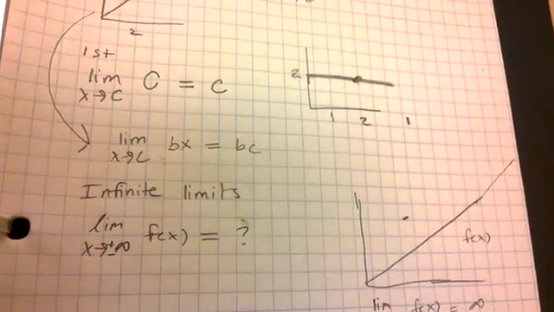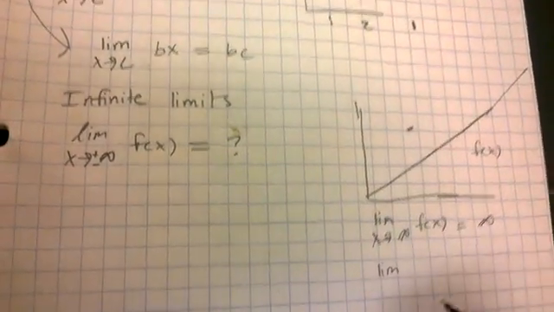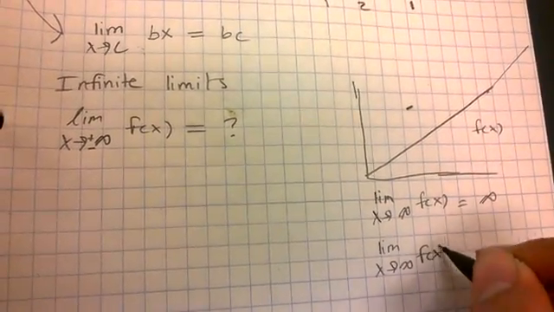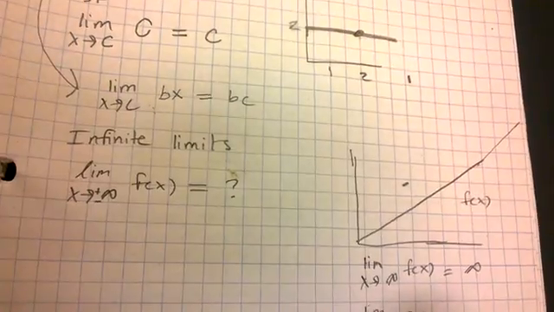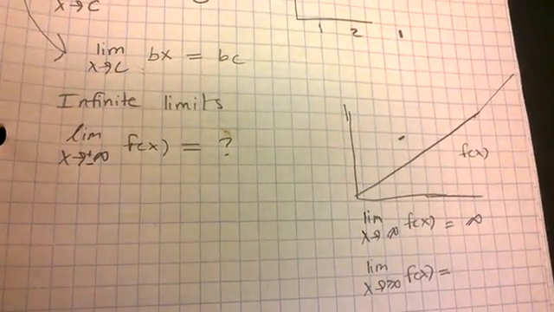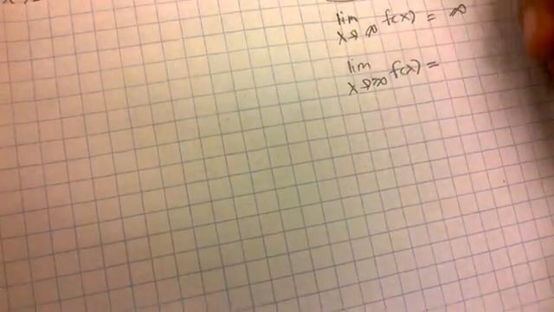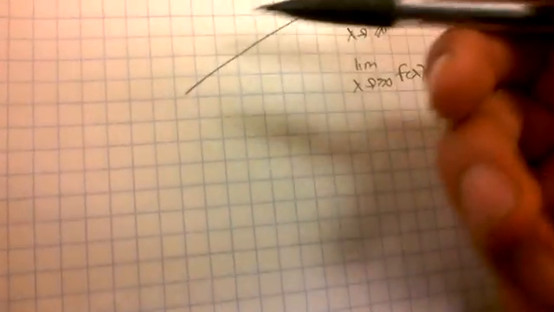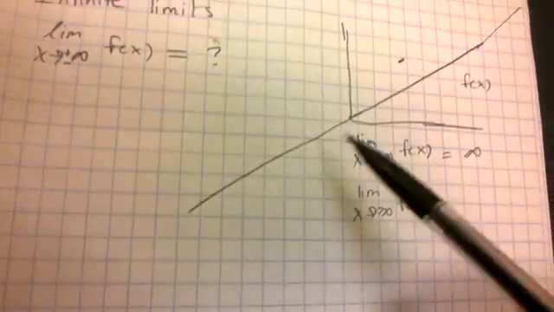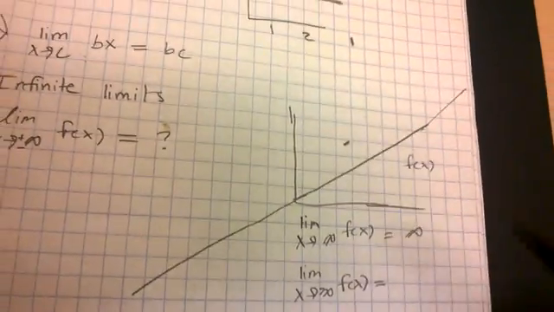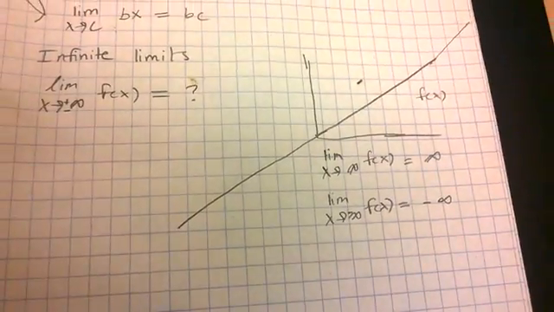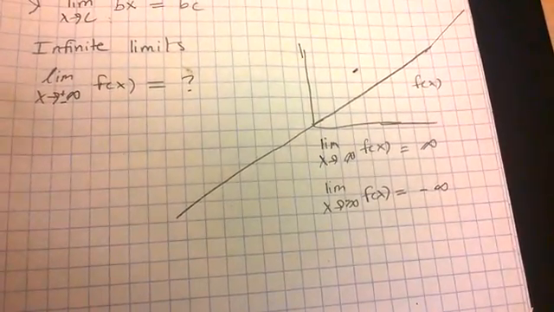Same thing with the limit as x approaches negative infinity of f of x, which gives negative infinity. Now, if it's negative infinity, this is going to get smaller, which is when you go to infinity this way here, your y value is where it gets smaller. In this case, negative infinity. Okay,